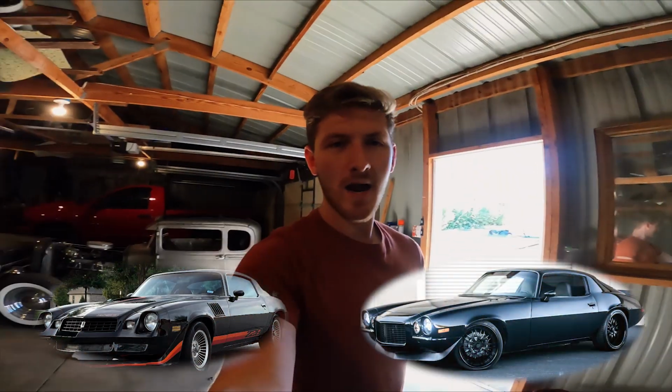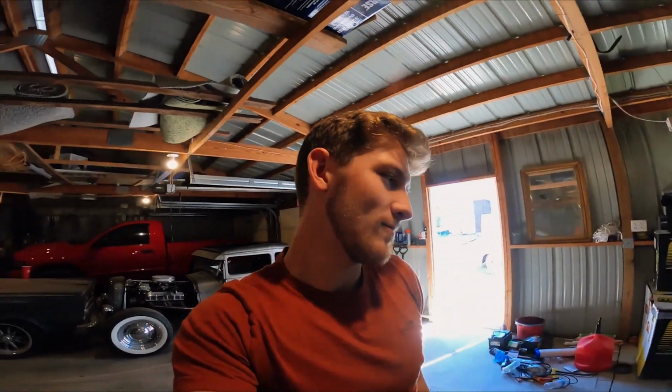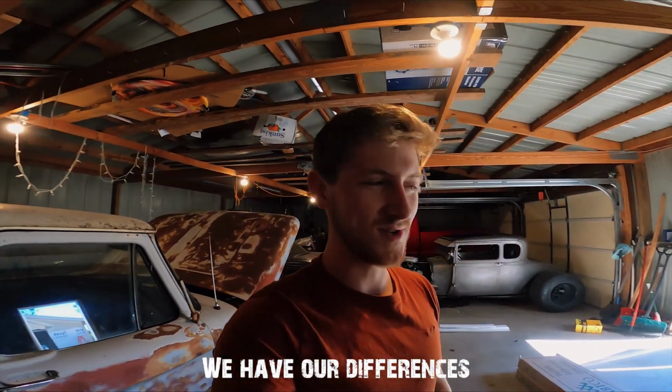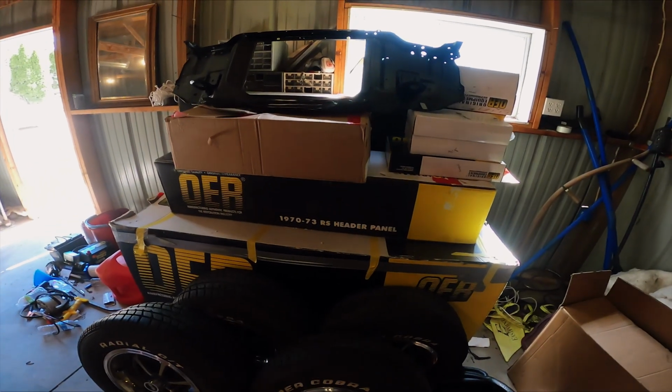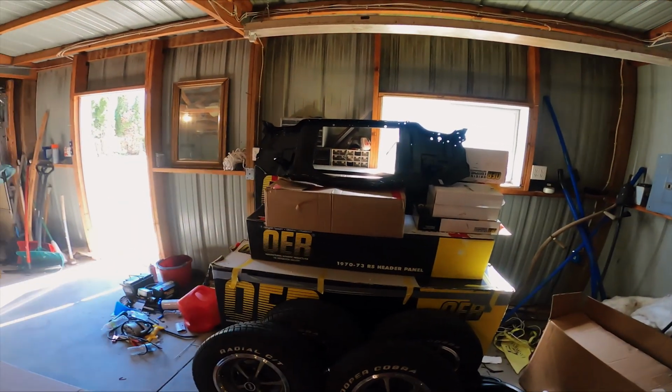split bumper. And I know some people don't like that, like the guy that I bought these rims and tires from yesterday was like, oh, why are you doing that? Plastic front bumper looks so much more aggressive. And I'm just like, well, we have our differences. As you can see, 70 to 73 RS header panel, but all this stuff is the 70 to 73 RS